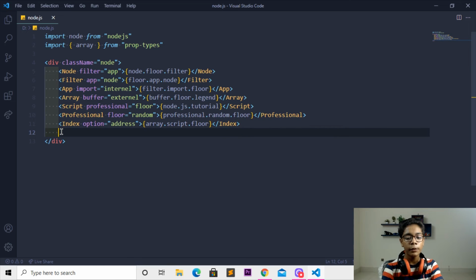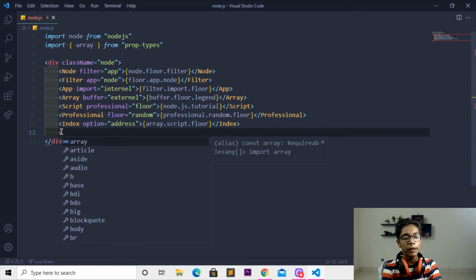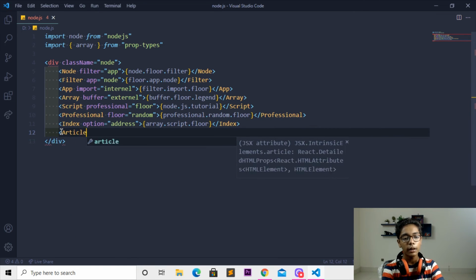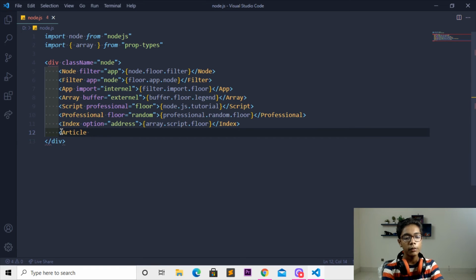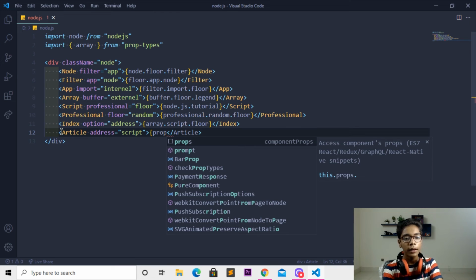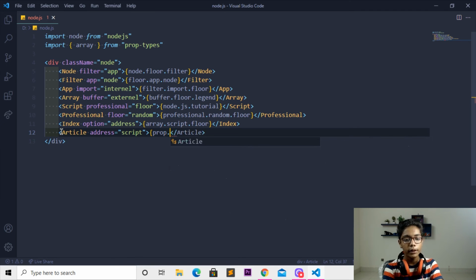Now just I'll be moving down again. Here I will be writing that to a tag which should be like article equal, but you have to move forward. Then write address equal, then you have to write script, go and just close this bracket like I have just closed. Then I will be doing one thing here, like I'll be making a curly bracket here in which I'll be writing like proc, and then you have to just do one thing, write dot, then write here like article,